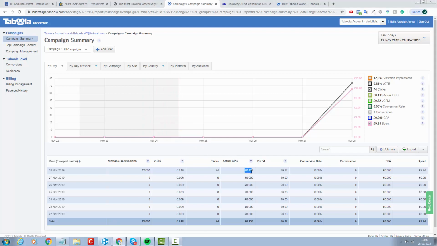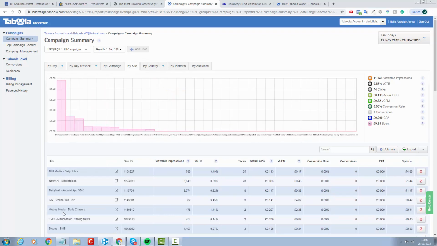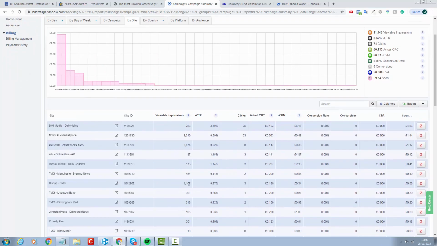And what we see here, the actual CPC is 13 cents, it isn't amazing, but it isn't so bad either. But then we want to work out, which countries are we actually paying 13 cents for, and in other countries are we paying less or more, because mostly this CPC right here is an average of all the countries I am running. The first thing we can look at is the sites, alright, where our content is being presented,